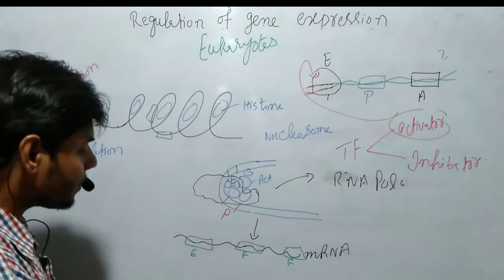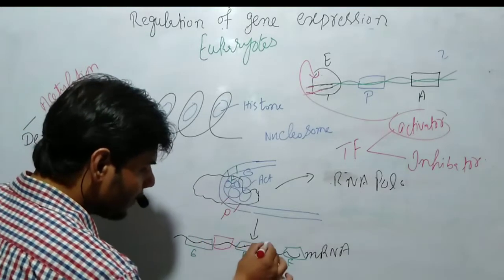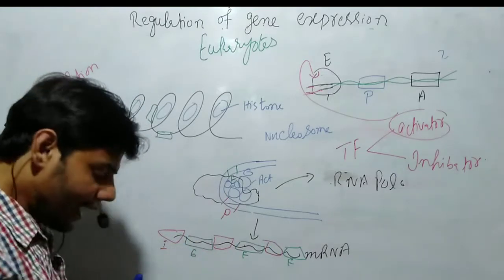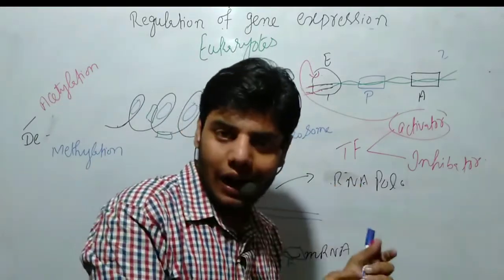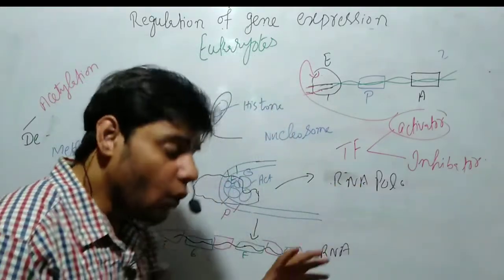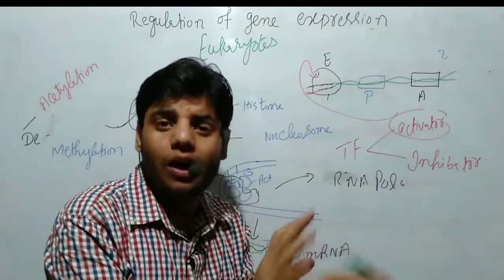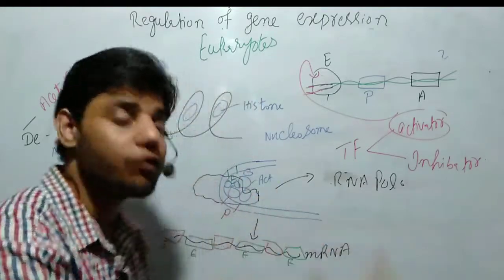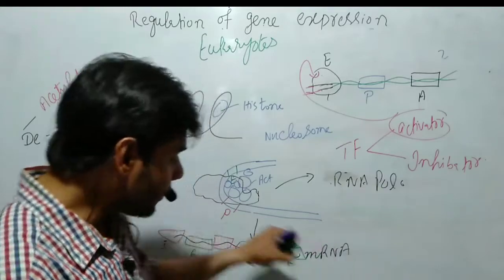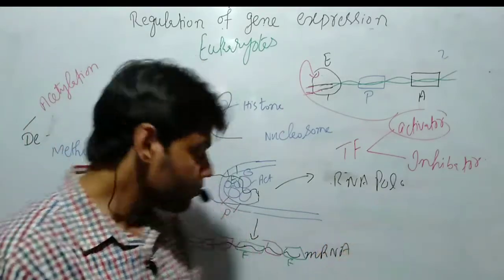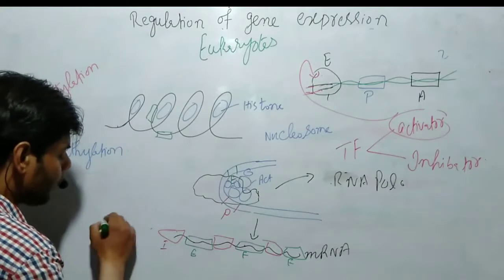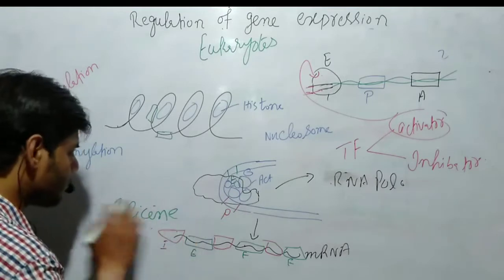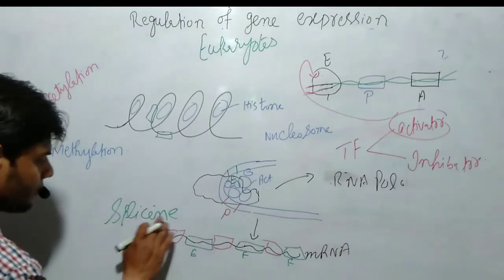And there are some portions which the cell does not need. This portion is called intron. Intron is actually the junk portion of the RNA, the sequence from which protein is not formed. It should be cleaved out or removed from this RNA. When it is removed, we get a protein. It is removed by a process we call splicing, which we already explained in a previous video lecture. You can watch it on my channel, Splicing.